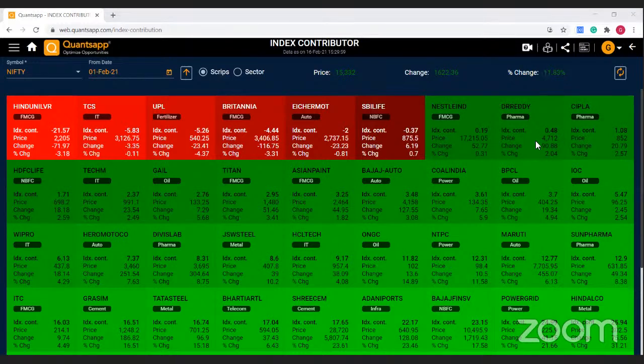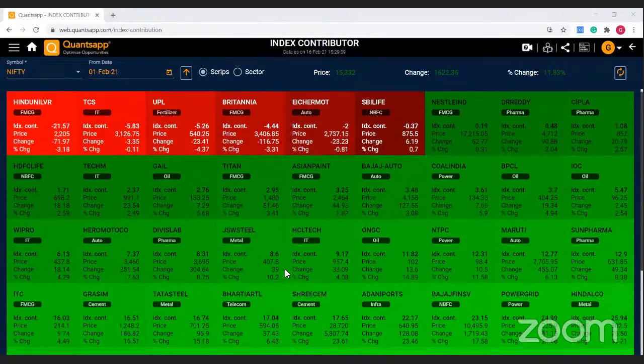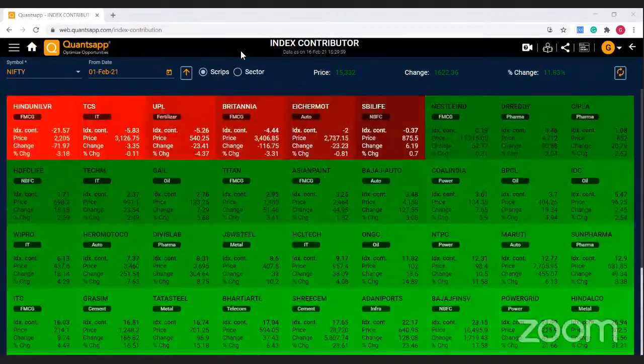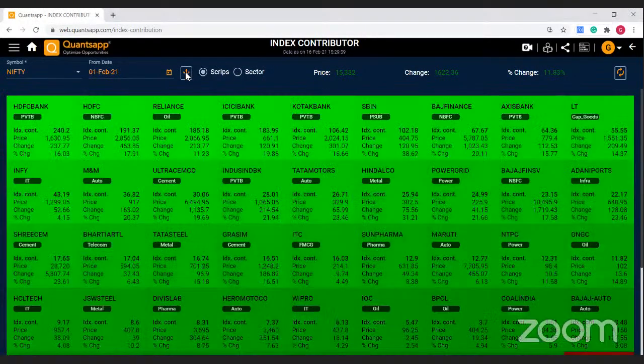Now here I can see in the Nifty which stocks have contributed positively or negatively to the index. We can see HDFC Bank, HDFC, Reliance, ICICI, Kotak, SBI. These are the big weighted stocks which have had price movement since the budget, and the amount of contribution they have given in this 1600 points movement of the Nifty. So this is how you can use these tools, triggers, index contributor,